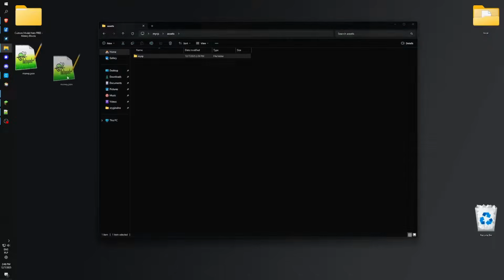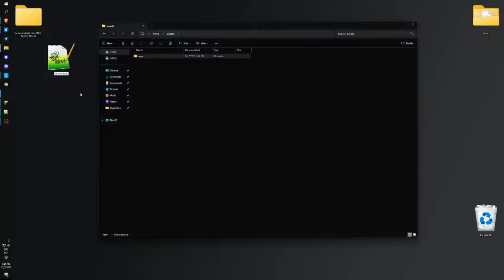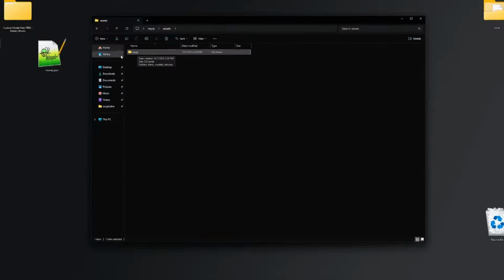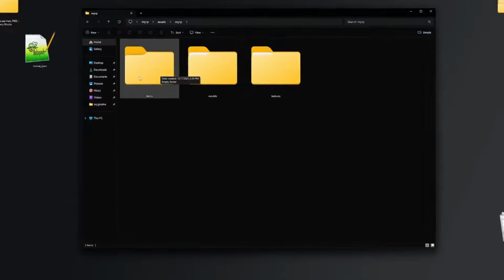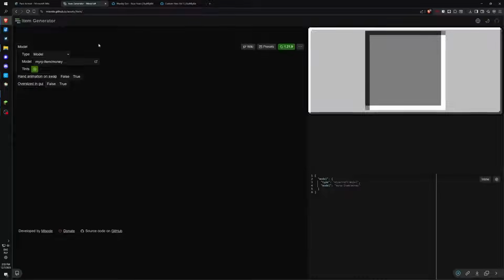Save the file, and if you happen to forget to change its designation, you can easily do so now after saving. It is not a significant issue. However, remember to name it according to the texture. Now let's navigate back to our files, access this folder, then the items folder, and place this JSON file precisely